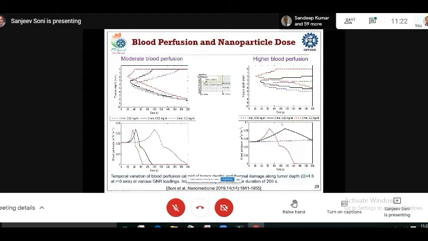Accordingly, we can also understand the blood perfusion dynamics. For example, you can see here, in this case, the blue line on the right hand side, the blood flow is almost the same throughout the exposure duration. And obviously here, if the blood flow is not stopped, then it is not giving us the desired thermal damage. Whereas for this red line, you can see blood flow increases to a maximum value, then starts dropping down because there is damage to the blood vessels. So accordingly, we are getting a good thermal damage in the surface.